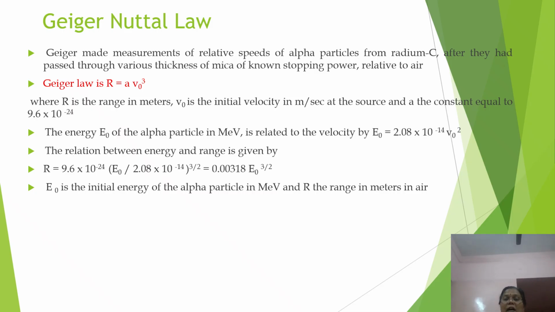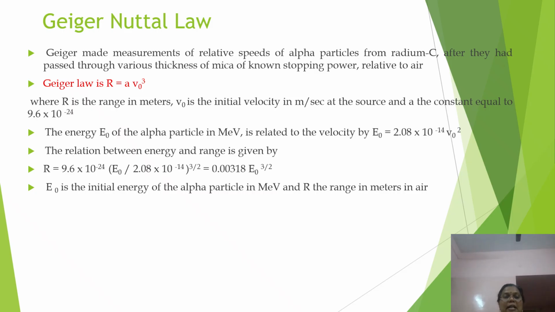So the Geiger-Nuttall law. The Geiger-Nuttall law relates the speeds of the alpha particles passing through various thicknesses of mica of known stopping power. Geiger's law is stated as R equals A times V naught cubed. What is R? It is the range, in meters. V naught is the